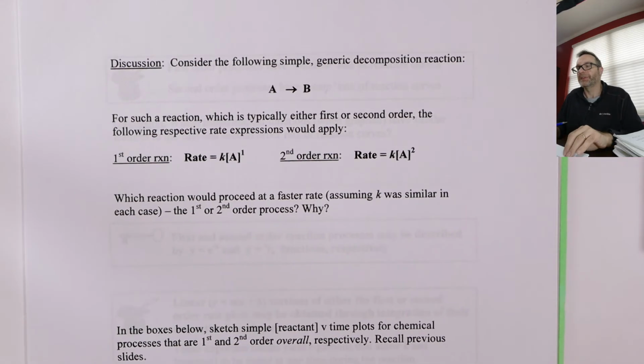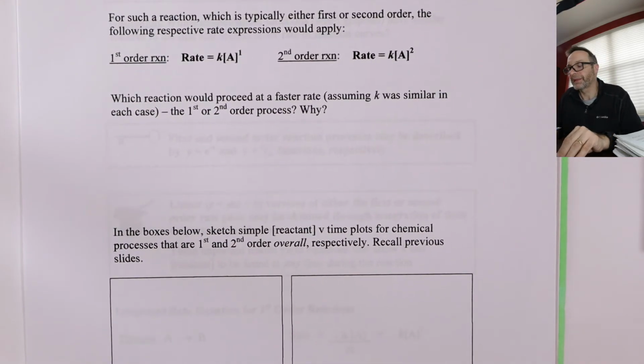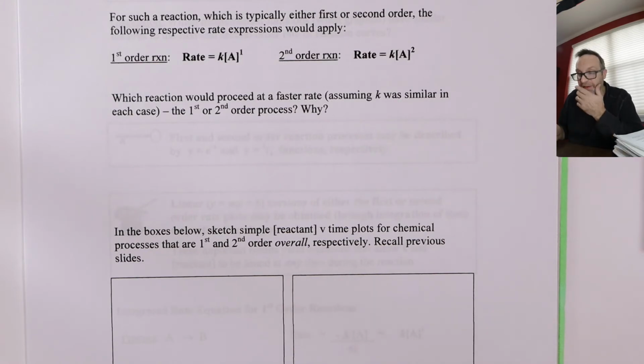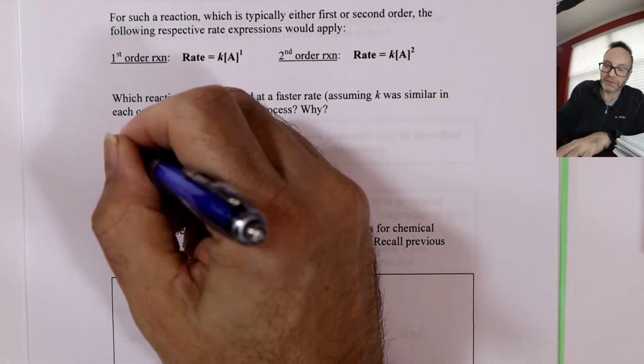Okay, now, assuming K was similar in each case, which would be the faster process and why? What do you think? What's quicker, a first order or a second order process? Obviously second order, right? Because it's that exponential term on rate. So let me just rephrase that. The rate is dependent exponentially on concentration. So the concentration we saw doubled, the rate might go up by a factor of 4 because it's squared, right? Okay. So obviously second order is faster